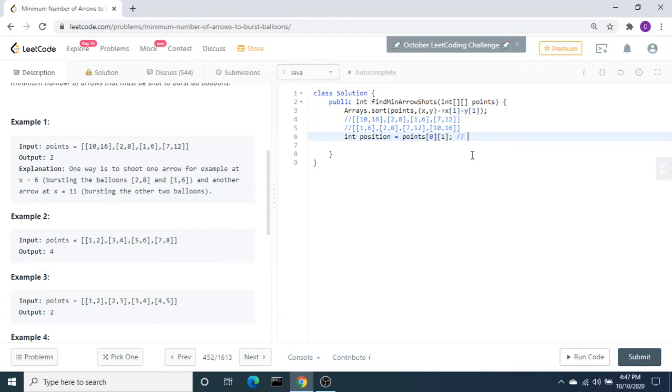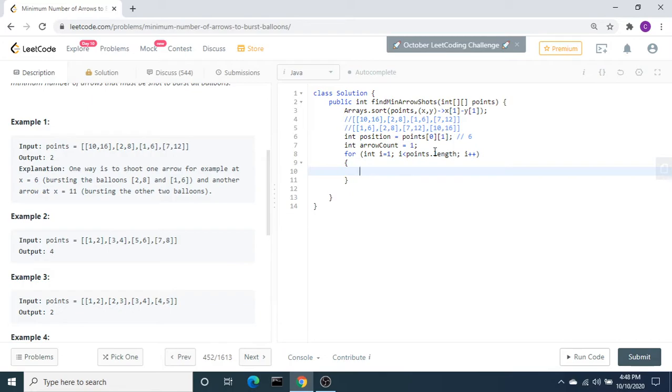This is number 6. Int arrow count equal to 1, because we are taking one balloon, so start with count 1. I'm going to run the for loop for int i equal to 1, starting from the second position, i less than points.length, i plus plus.